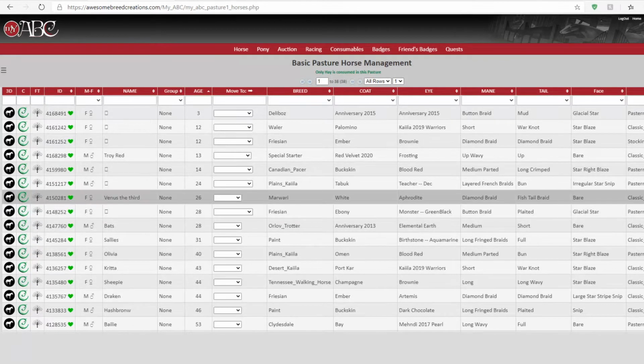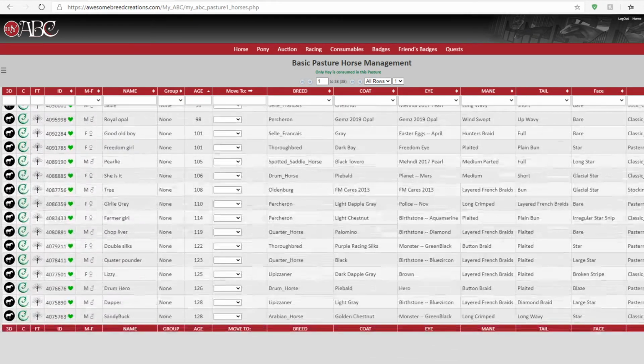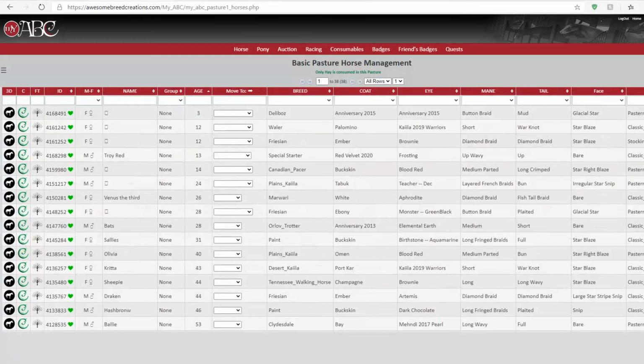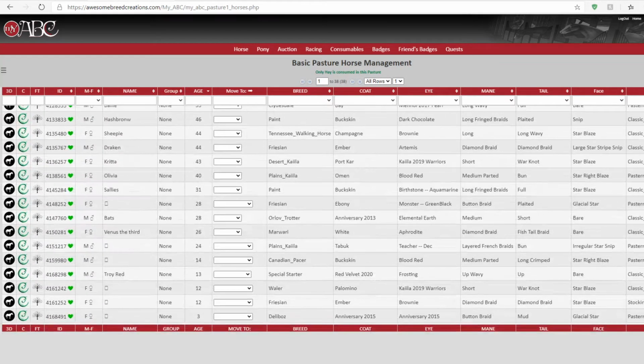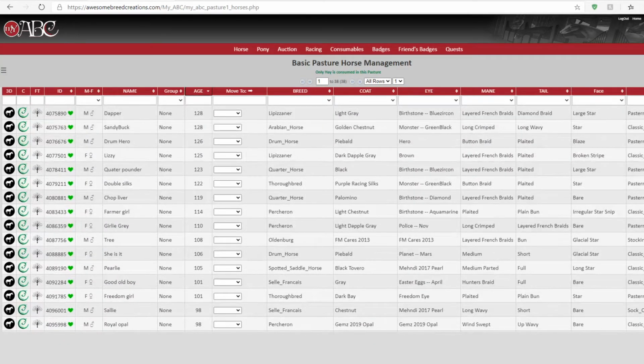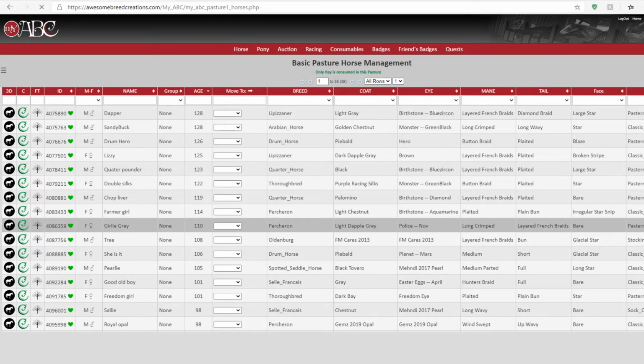And as you can see, I have a Morari. I'm going to breed her to one of my starters. And I got some horses that are getting on in age, and soon they're going to pet out. I believe I have like 30 something. And then if I were to go to basic insult,